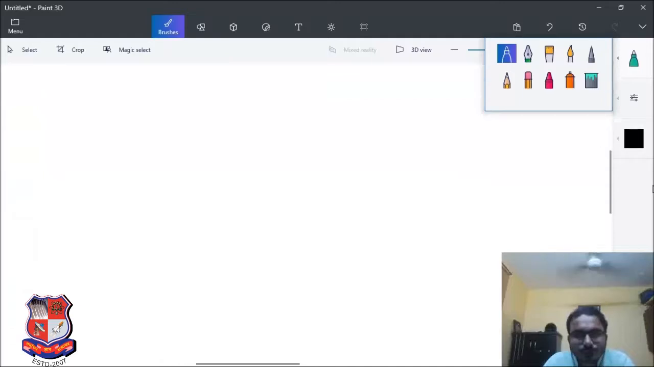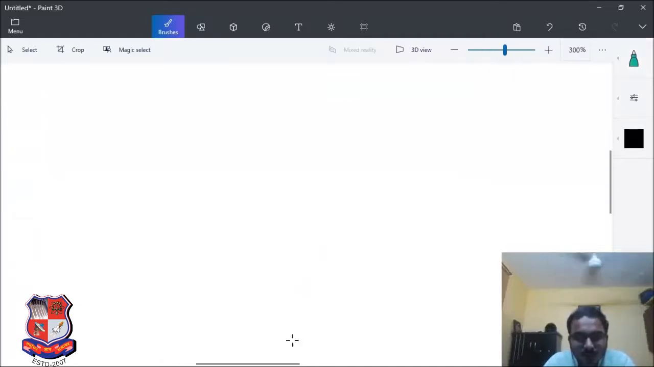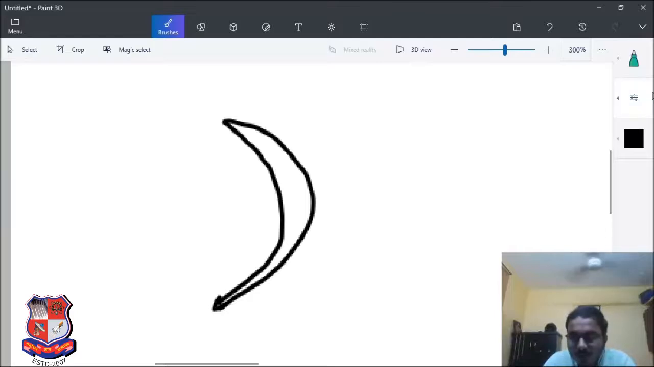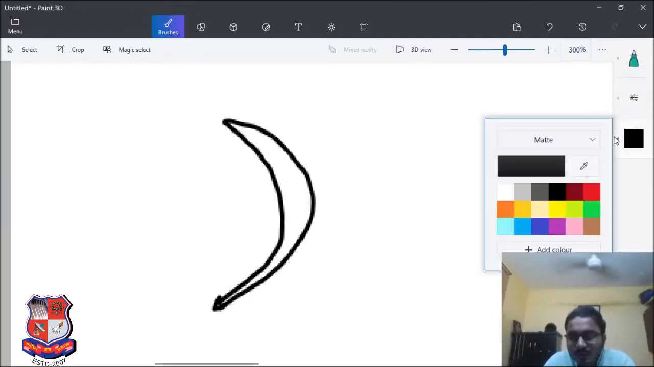So we will draw first a blade, like this. As you can see, it is a curved one now, and it will be a symmetric one. What is the meaning of symmetric? The meaning of symmetric is,